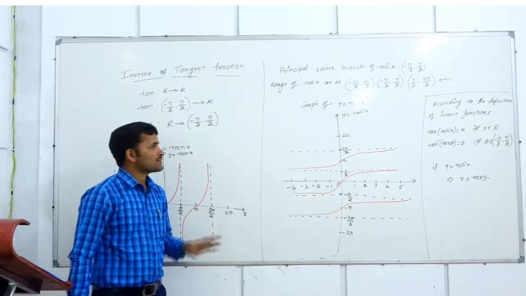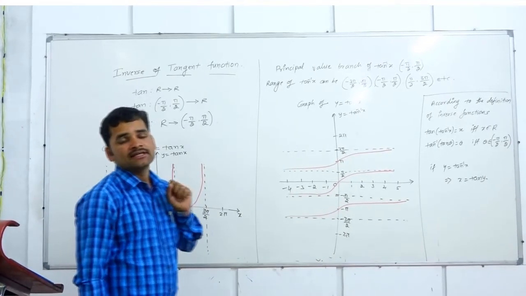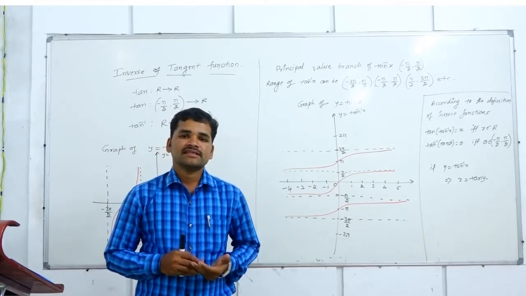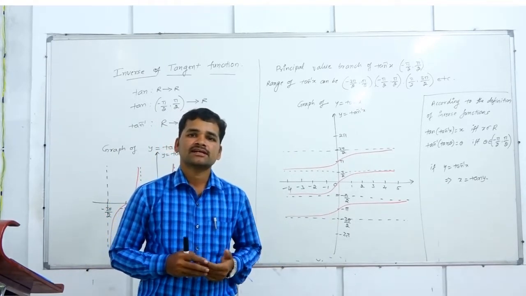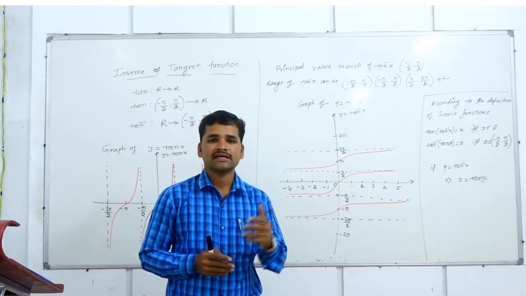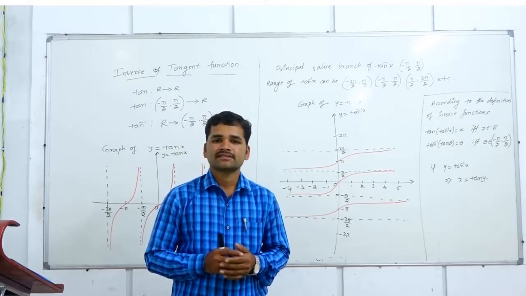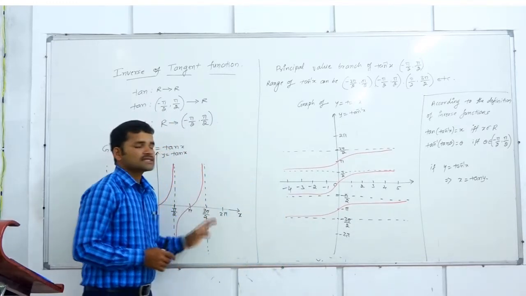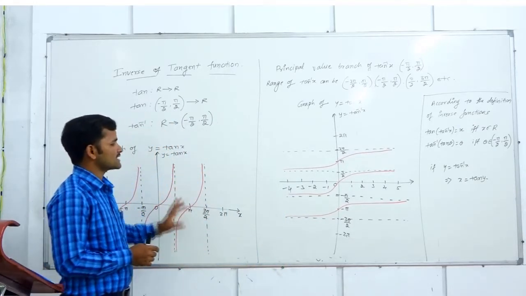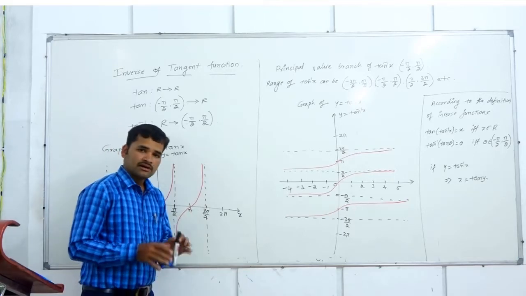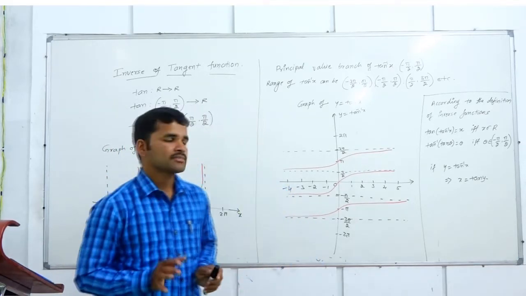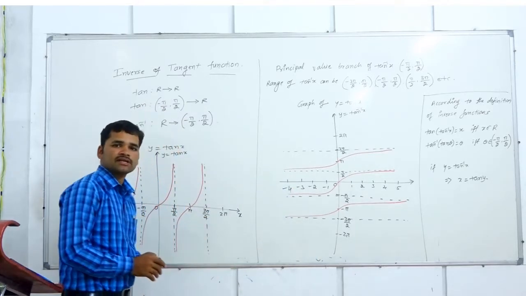From here onwards, we deal with the inverses of tan theta, which are cosecant theta, secant theta and cot theta. If we go on explaining as we did for sin and cos, it requires a lot of time. For that, we will write it on the board first, then I will explain. Pause the video once and make a note of all the properties, all the things I have written on the board.